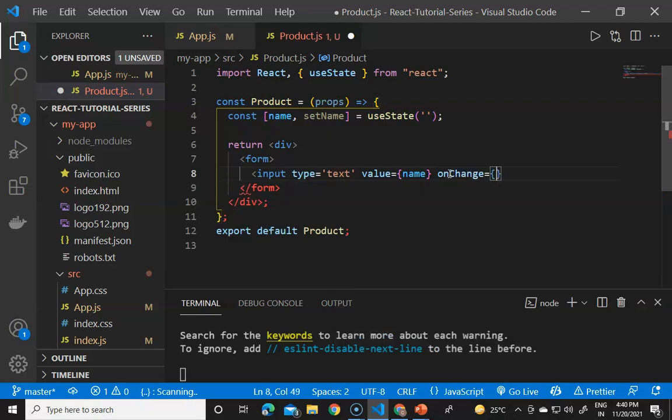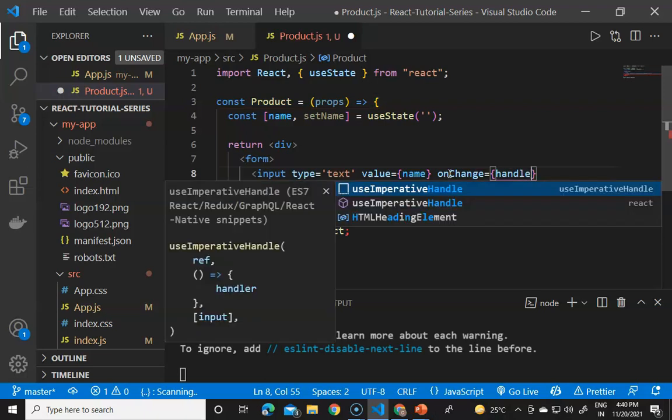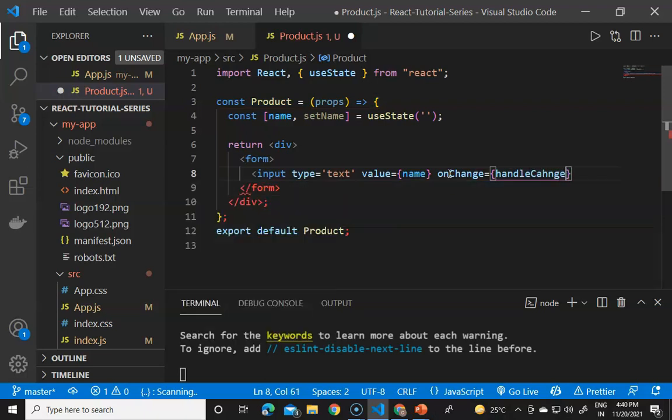The onChange will be equal to a function, handleChange, which we will create. The onChange prop will be called whenever any value in the input field changes. Then I close the tag, and we provide onSubmit to the form, which will again be a function, the submitHandler.